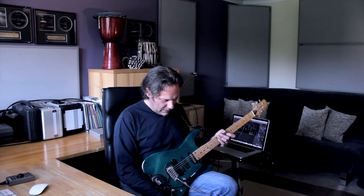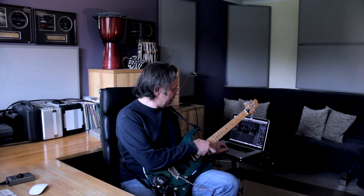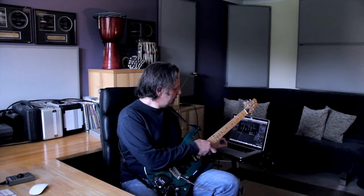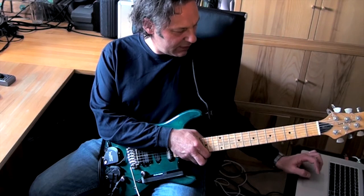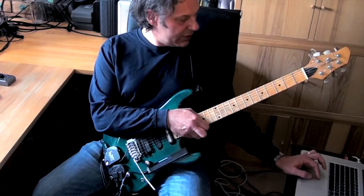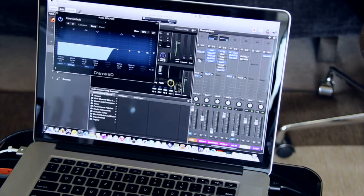So it took a long time. It took me a while to figure out how to get a sound that obviously doesn't sound like Miles, but it has a breathiness to it. And that is something I add to the guitar. So here I've got a filter. It's filtering out everything below about 3K or a bit below that, and then